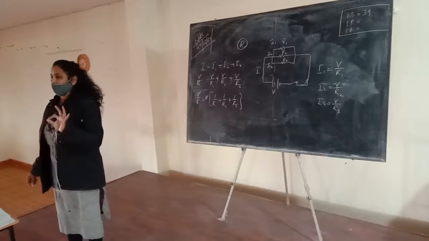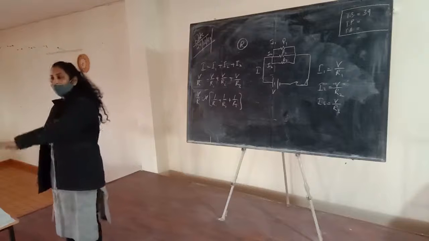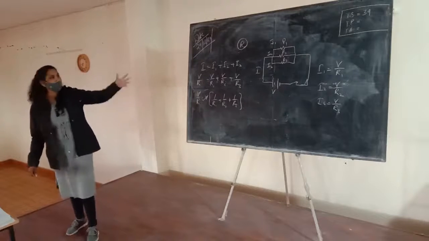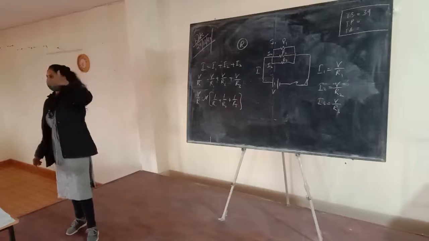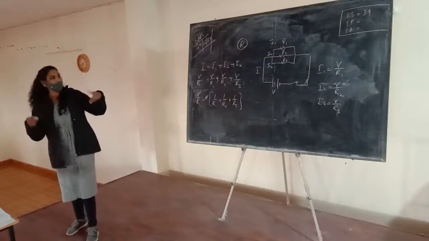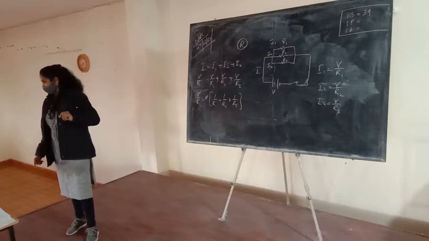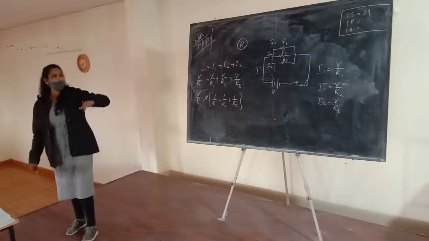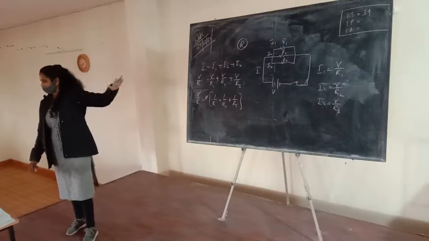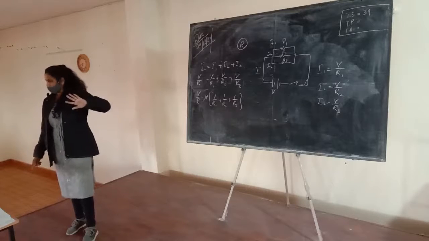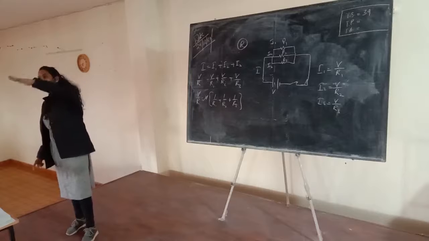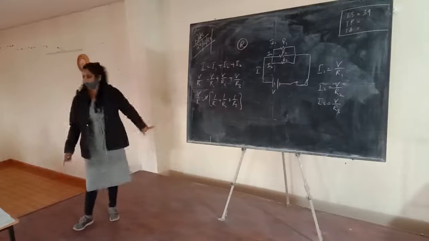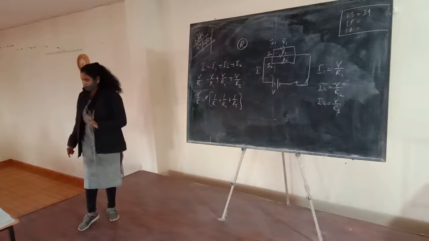For any derivation, first of all, you should write everything which you are using in the derivation. Like, let the three resistors have the resistances R1, R2, R3, and they are connected with a battery having the potential difference of V. Let the total current flowing through the circuit be I, and the current in R1 is I1, in R2 is I2, and in R3 is I3. And we know that the potential difference across all the resistors will be the same, equal to V. Then we will use this derivation. Clear? Anything now?